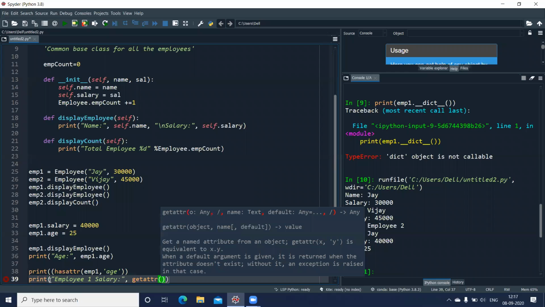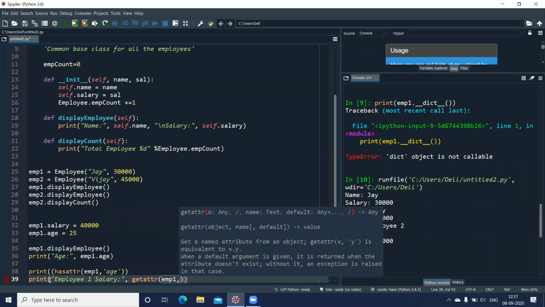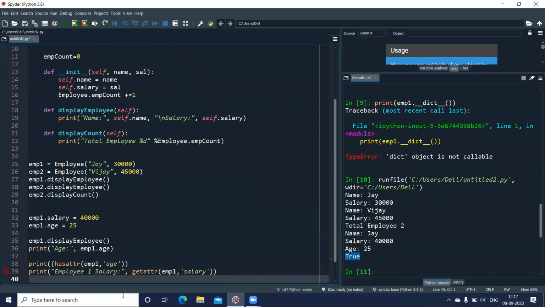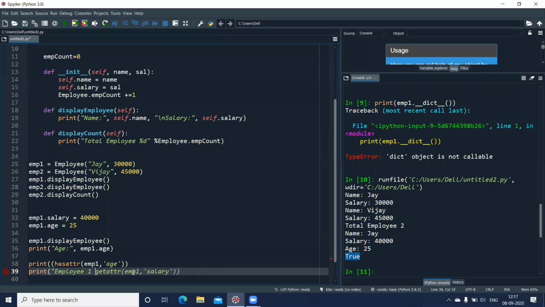In this, I'm going to pass the object name first. So emp1 is my object. And from this, I want to retrieve the salary. Salary is in small case, so I'll use salary. Okay. Let us press enter. Any error? Invalid syntax. Is there any problem here? No, let us write only this much and check whether it is working.